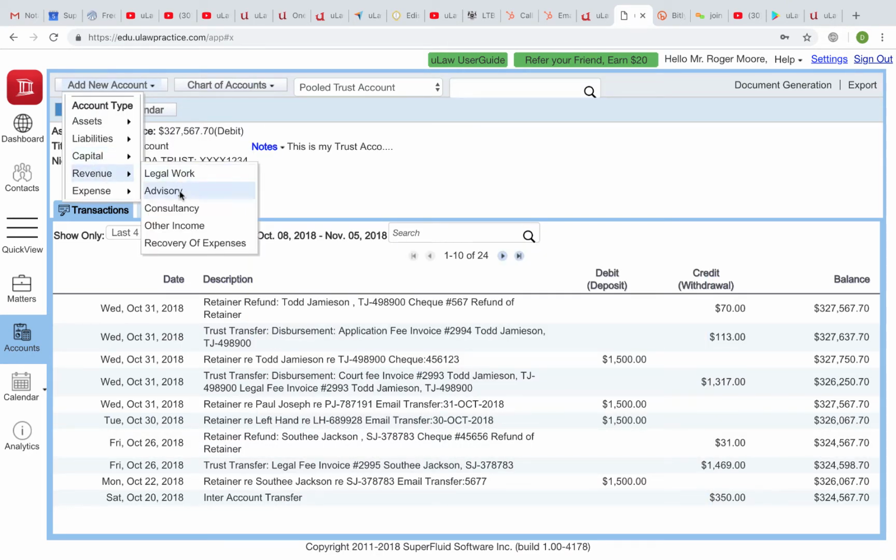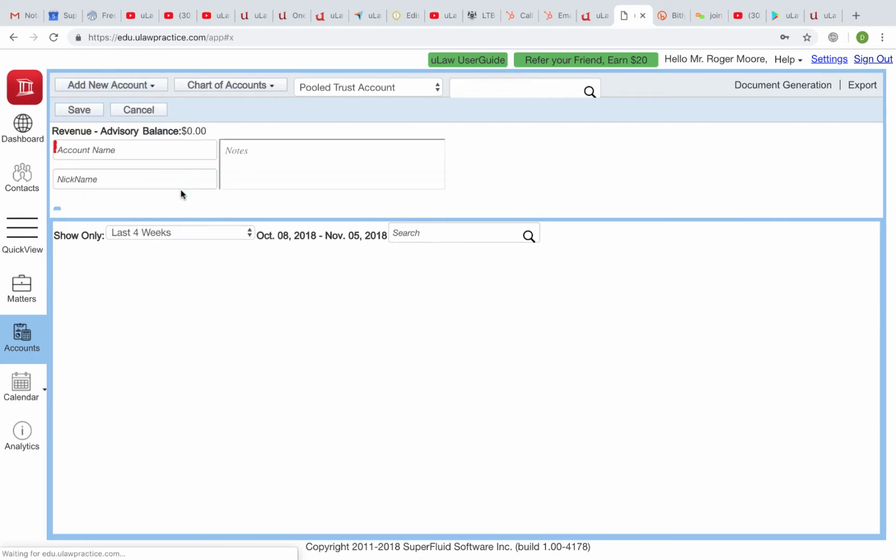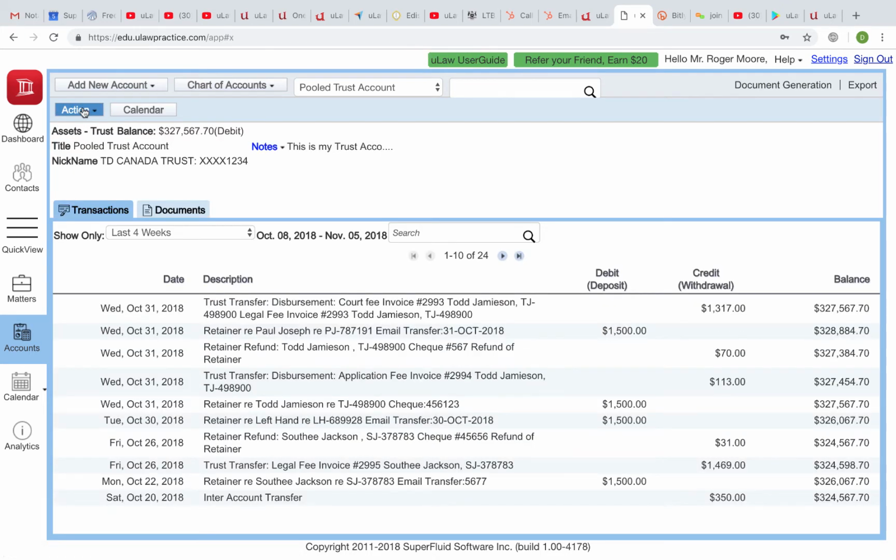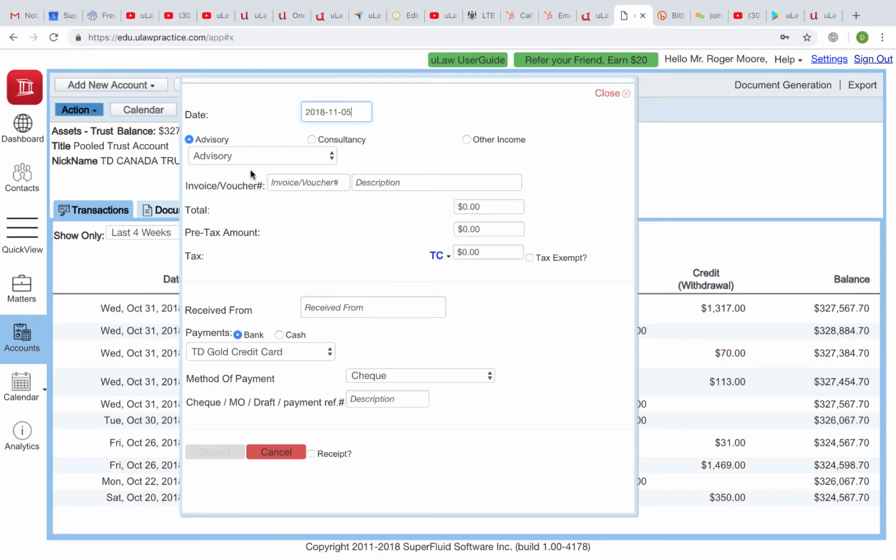Let's say it's an advisory account. You can say advisory, and you can say notary client income, right? You can hit the save button. Now when you go back into the action button and you say income, other income, under the advisory category, you will have the notary. And let's say you charge the client pre-tax